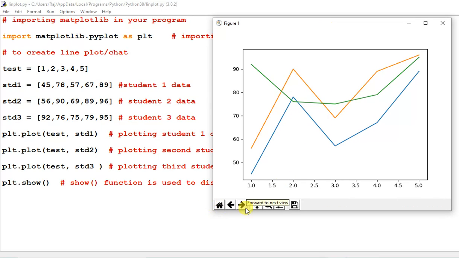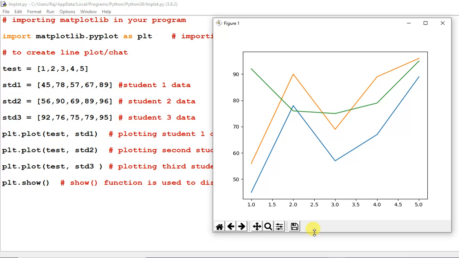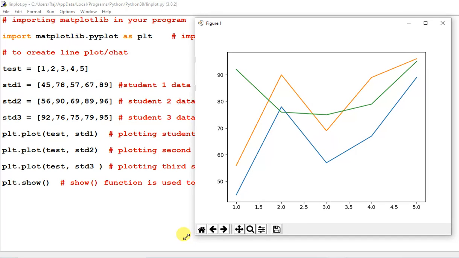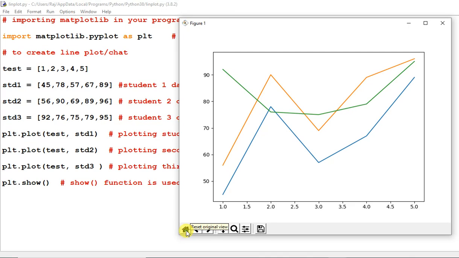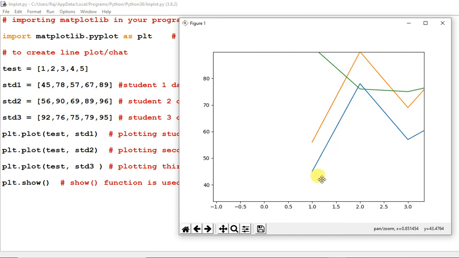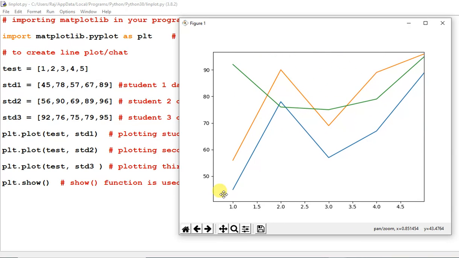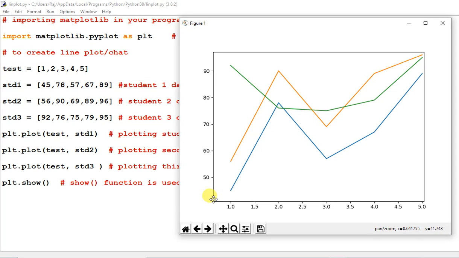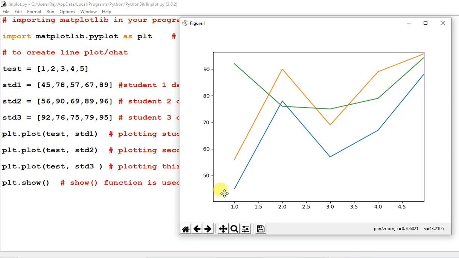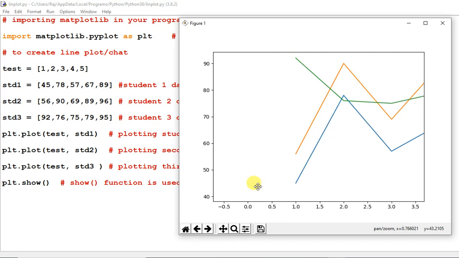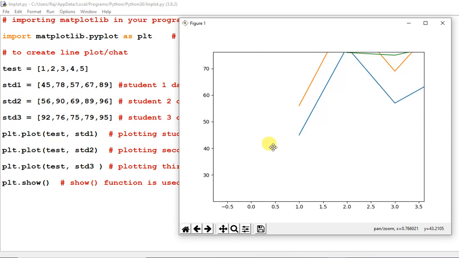Look at these buttons used on this plot. We can also increase this plot size. Home resets the original window. This is the pan: if you want to move this chart to any place, when this four-arrow icon appears, press the left button and drag the mouse, and it will move.